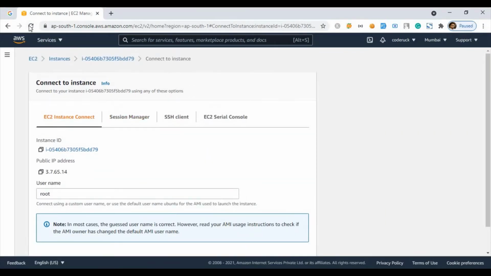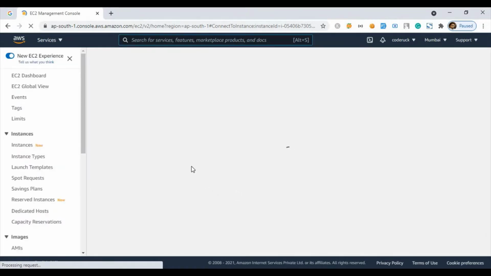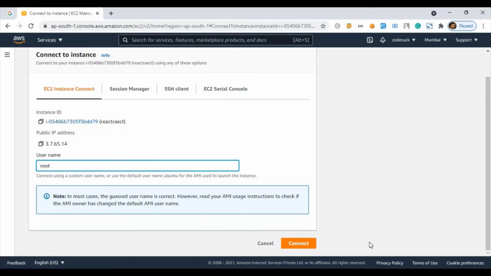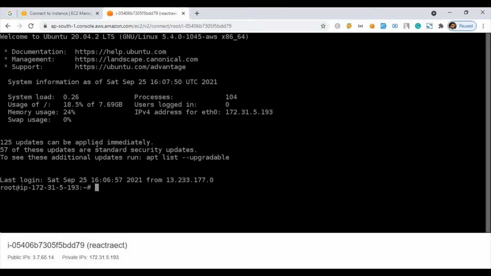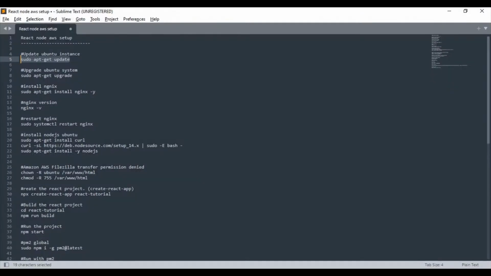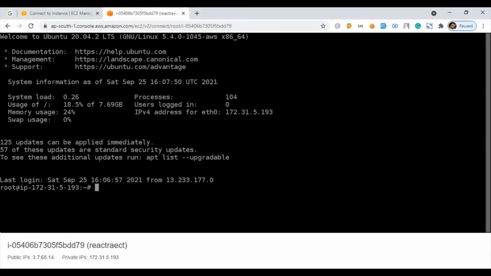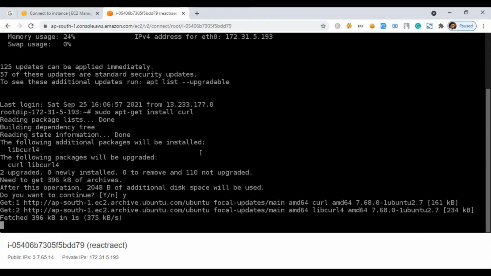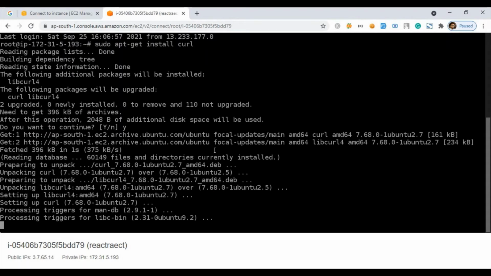So I'm launching my instance once again as a root user. Okay, this one is root, connecting with my machine. Now all the updates are applied successfully. The second thing I'm going to do is install curl because I have to install Node.js. So I'm installing curl for that. All these commands I will share with you, so not an issue. And if you have any query, you can let me know in the comment box.